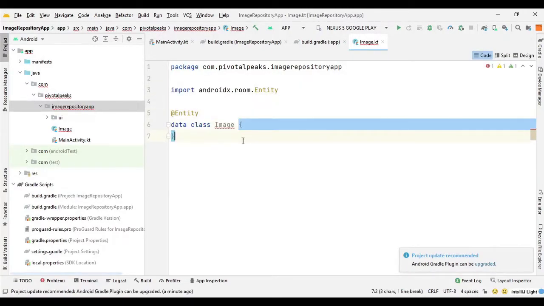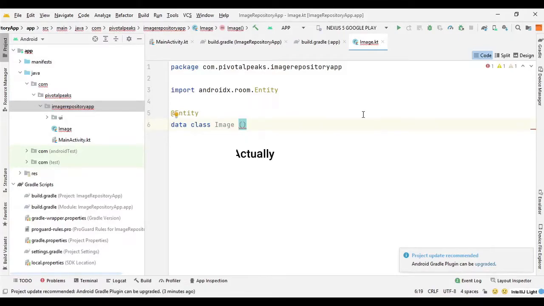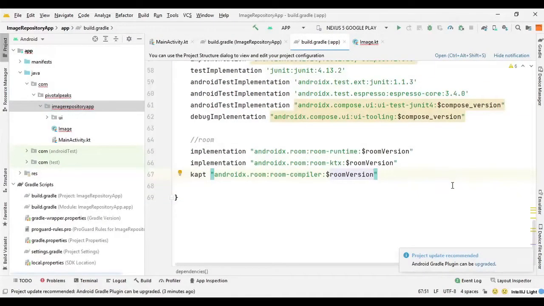Now we need the field values for our data class, so we can say curly braces. Now we need another dependency for compose runtime, so let's quickly declare the runtime.